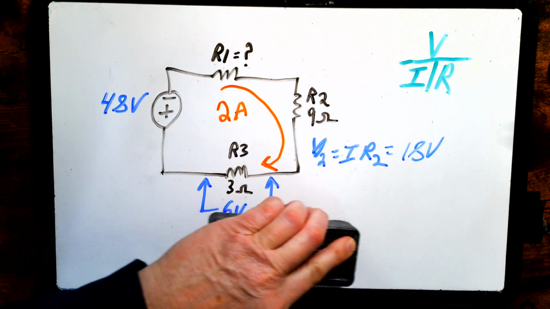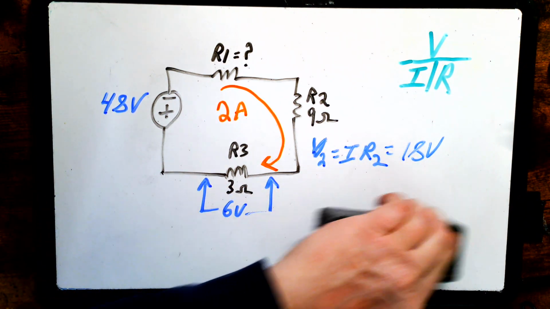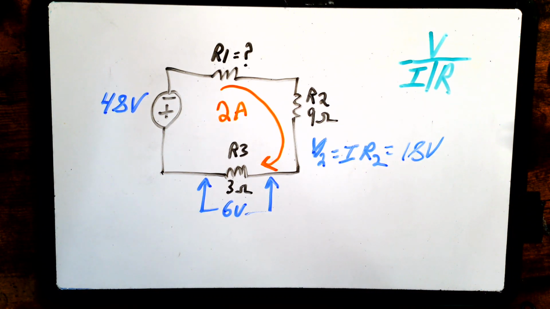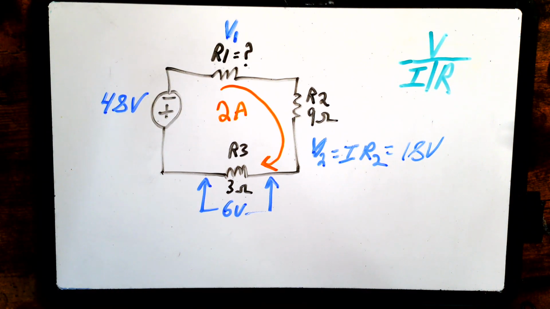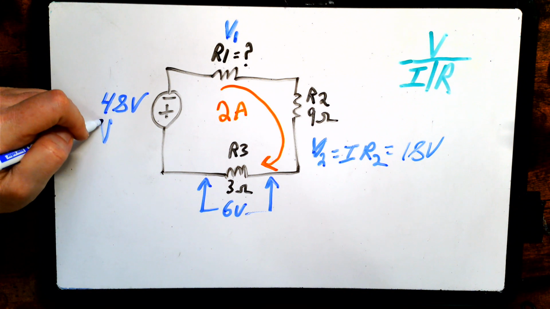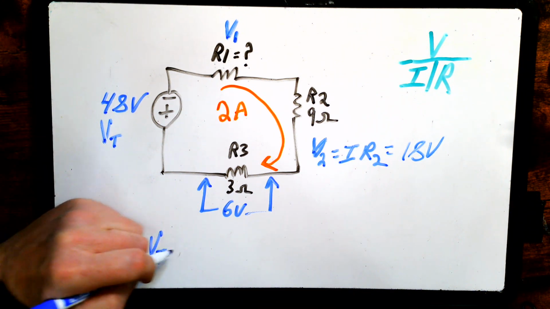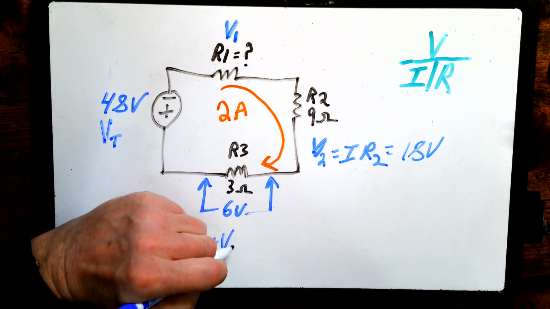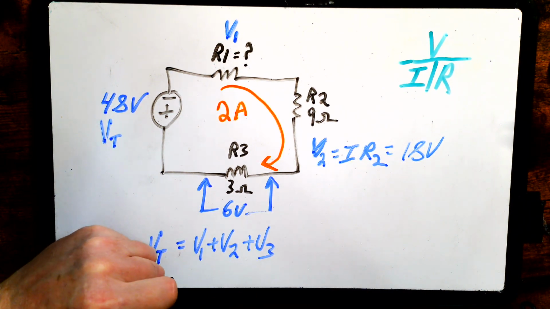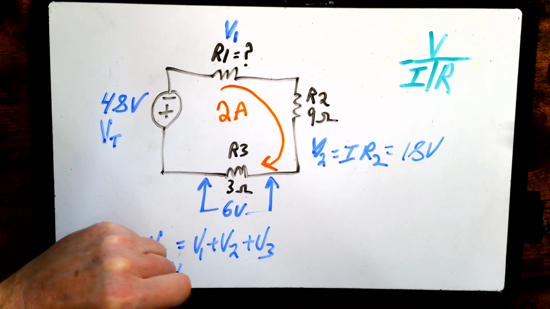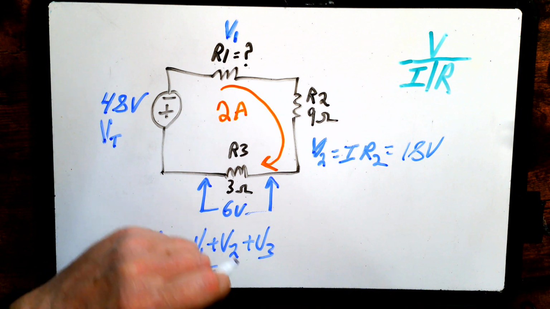So I could use another rule we learned about the voltage drops around a series circuit to find V1. And that rule is that V total equals V1 plus V2 plus V3, and if there were more or less, we would add them if need be. But here we have 3 voltage drops that will equal the total. So 48 volts is going to equal V1